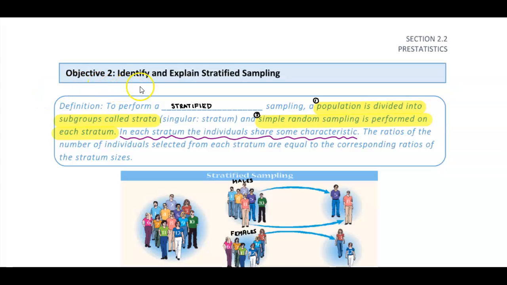Objective 2. Identify and explain stratified sampling. To perform stratified sampling, a population is divided into subgroups called strata, singular form is stratum, and simple random sampling is performed on each stratum. In each stratum, the individuals share some characteristic. The ratios of the number of individuals selected from each stratum are equal to the corresponding ratios of the stratum